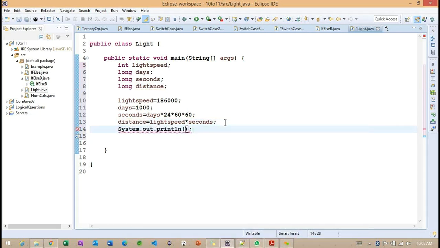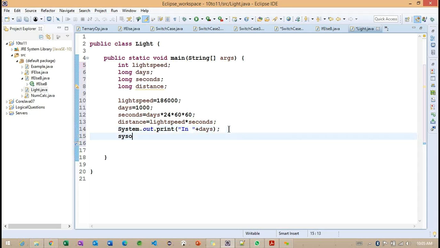Now, if we observe the output here, I'm not going to use println, I want to use the print method. Inside this print, I want to provide one message, something called in days.